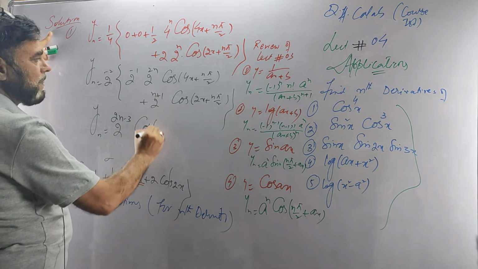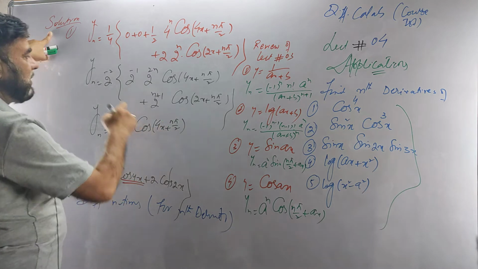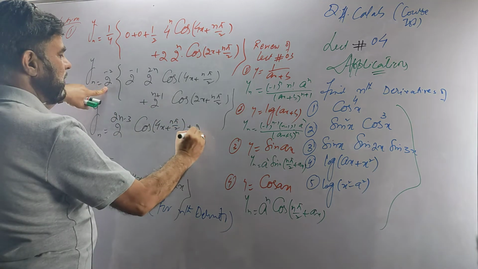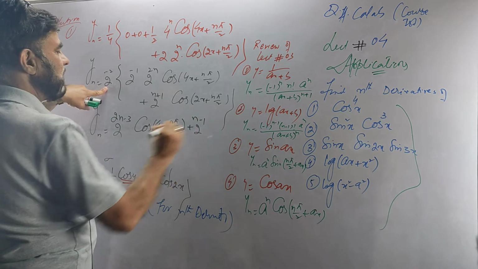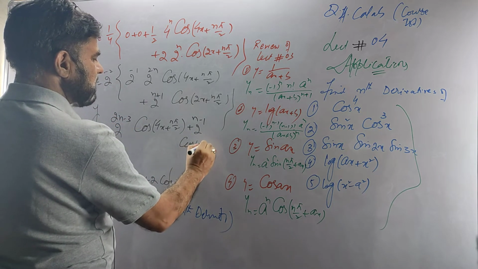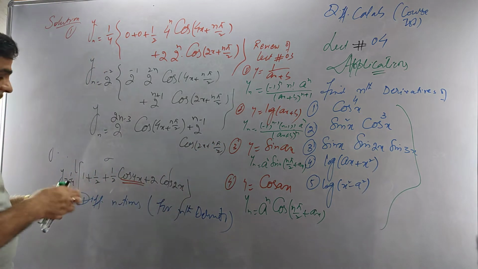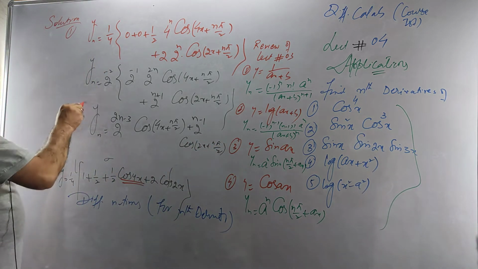This is cos of 4x plus n pi by 2. Then take this. It is plus 2 raised to power n minus 1. Basis same power. It is cos of 2x plus n pi by 2. This is how we have found the nth derivative of this function, which was cos